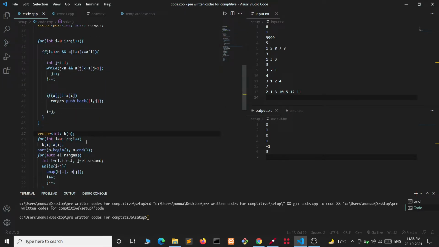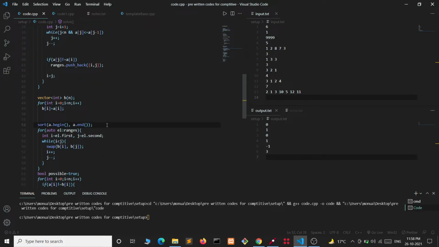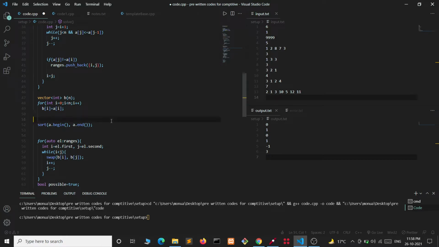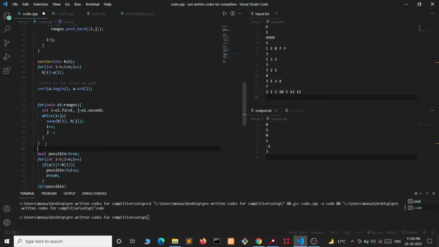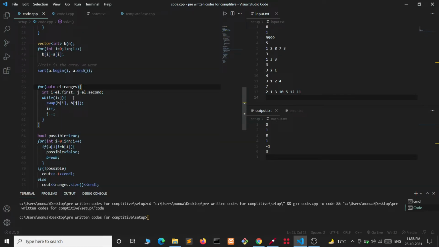After that we have taken an array B of length n. We are making it equal to array A by setting each b[i] equal to a[i]. After that we are sorting the array A. This is the array we want, like we want the sorted array A. After that we are iterating over all the pairs in the ranges and reversing all the segments.